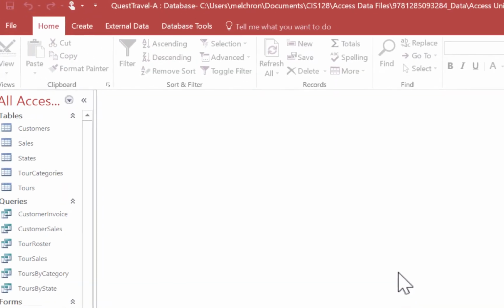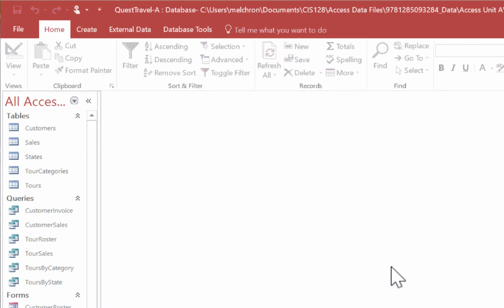Now, since I'm already in it, I did not get the confirmation along the top, but if you are opening your document for the first time, you will most likely see a security warning along the top, and then you would just click to allow or enable in order to dive into the database. It's always going to double-check with you because databases can trigger some functionality, and they want to make sure that you're okay with that and that there's not potentially some kind of malware or something evil in the file.